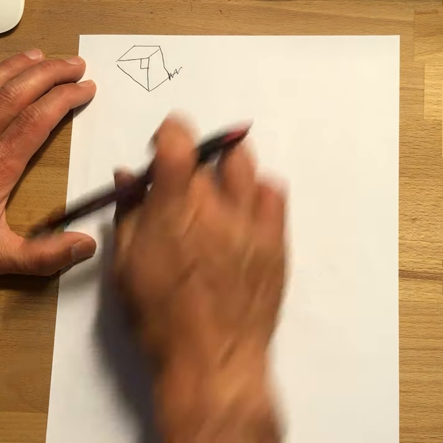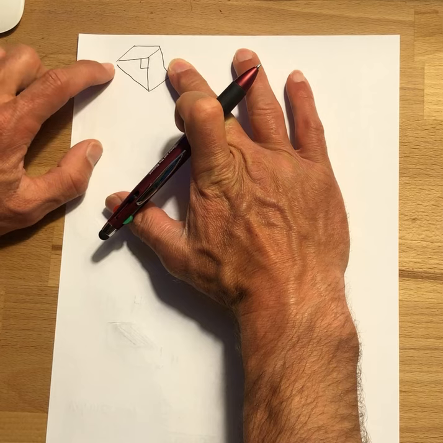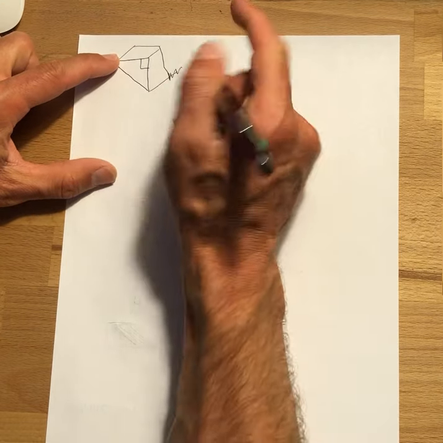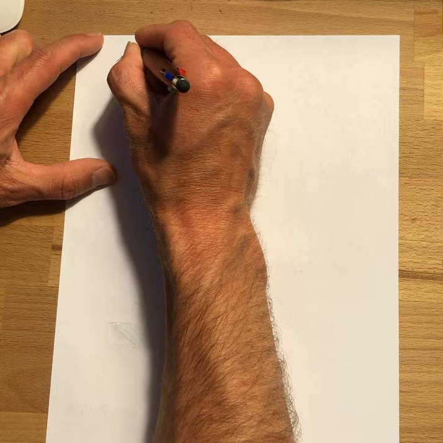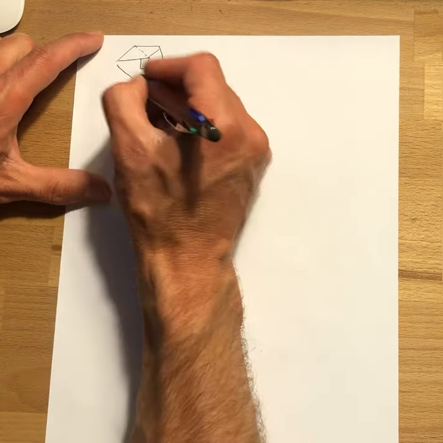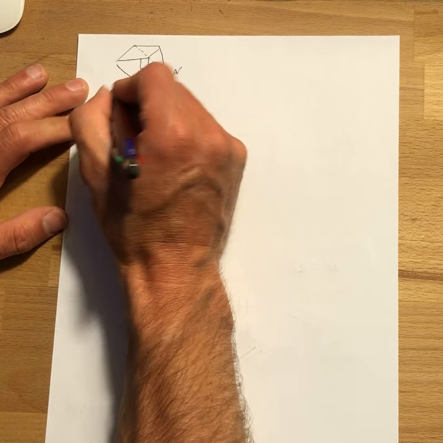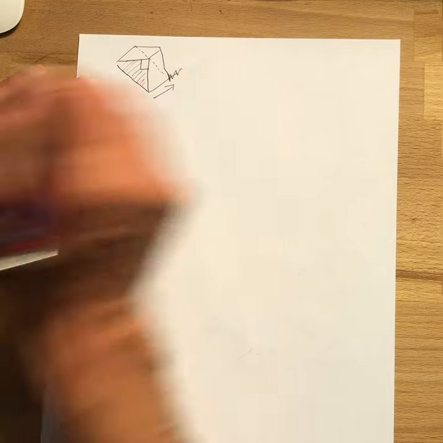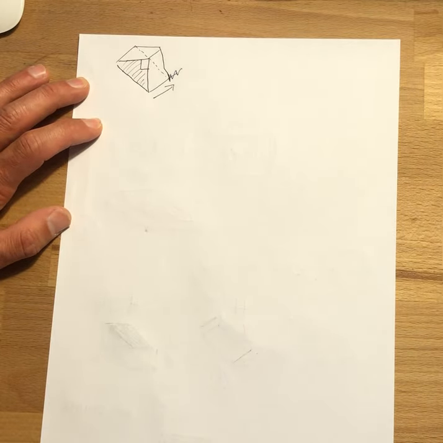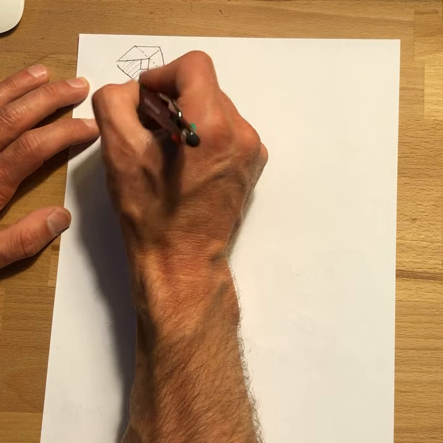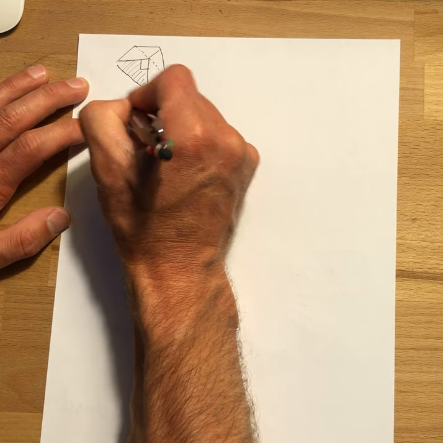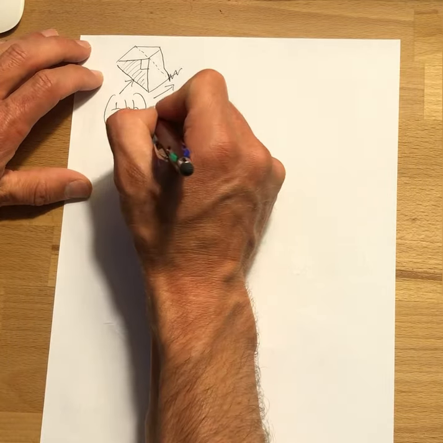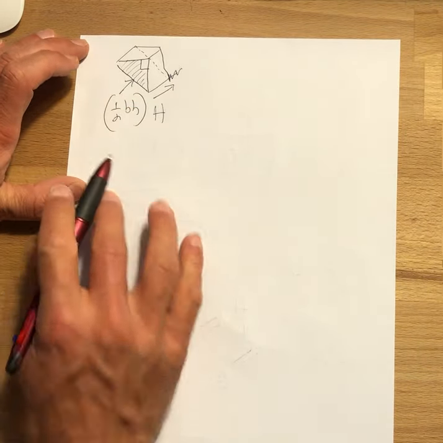This is a messed up drawing, but let me cover this up. Here's your triangular prism, because the bottom is a triangle. If you were to flip it over, what you wouldn't see is this. This is an actual triangle right here, too. It's a triangular prism. So the formula for the volume of this is the area of this triangle times how tall it is. Okay, the area of the triangle is 1/2 base times height. That's the area of this triangle times the height of the whole shape. That's the volume of